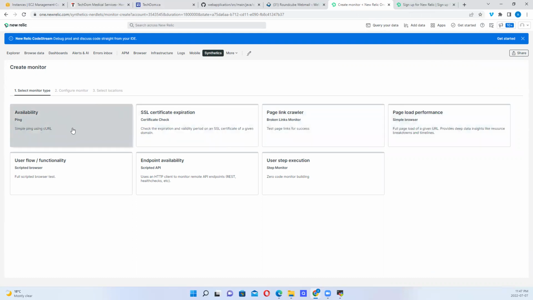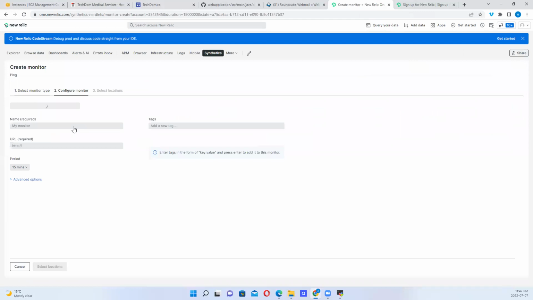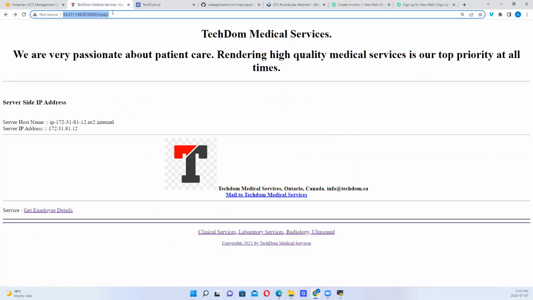We can also look at availability, right? So if you click on availability, you can select monitor, right? So let's say we want to look at the Tomcat hosted one. I can copy that,